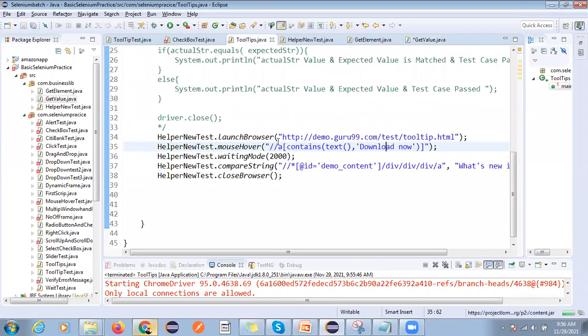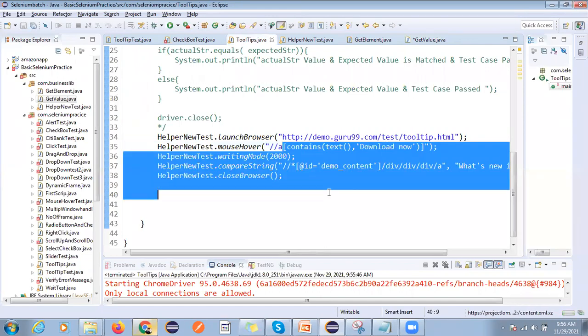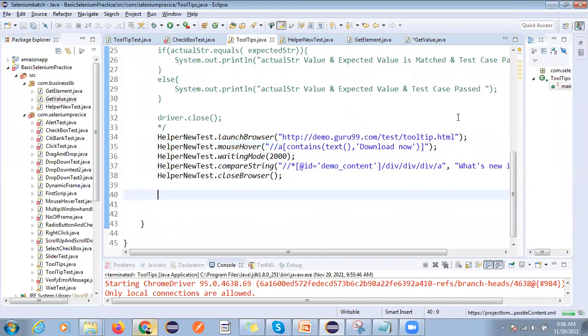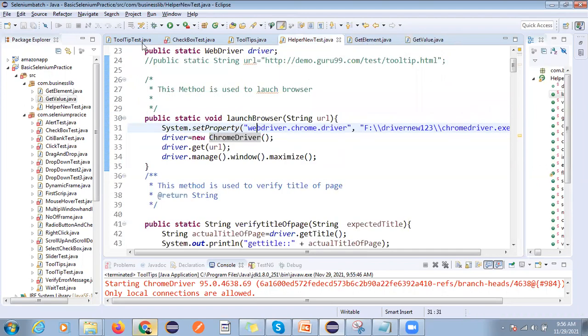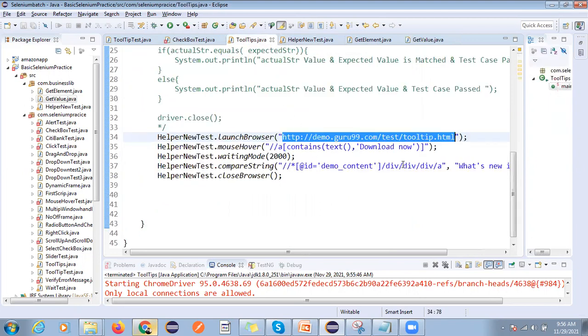You can also do this one without hard coding here. And now we can go here, get value. You can define this, right? And Guru99 tooltip URL. So you can go to this class, and now only one place you have to define the URL.